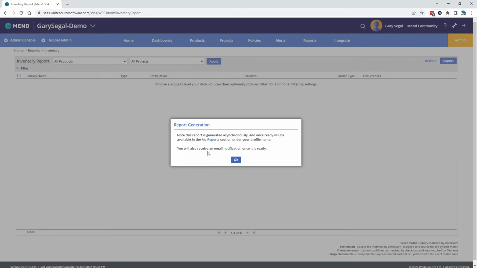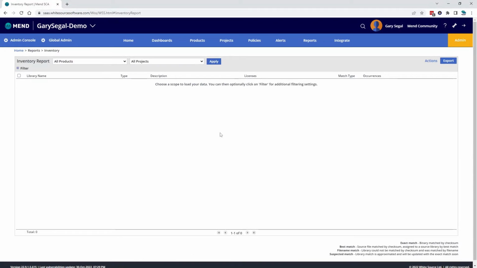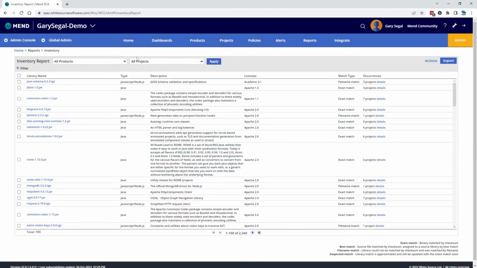One of the advantages of doing this is that it allows you to continue to work with the Mend user interface while the reports are being generated, which is especially helpful if you're generating reports with large scopes that may take more than a few seconds. Also, once the report is generated, it will be available for download as many times as you need. Of course, we can still generate on-screen reports to be viewed at any time, simply by selecting your scope and